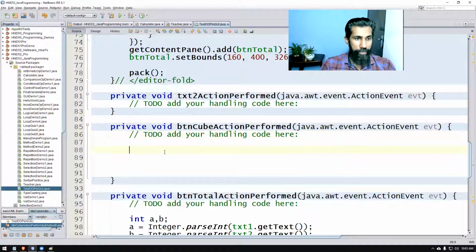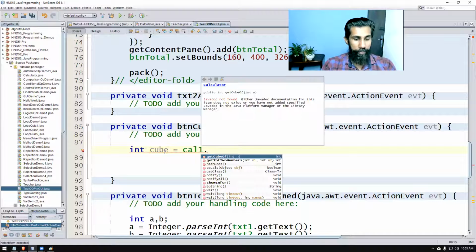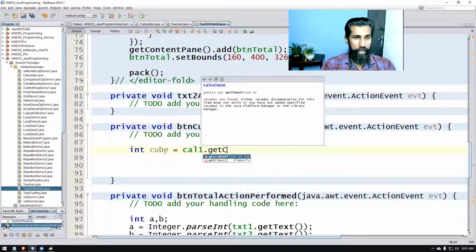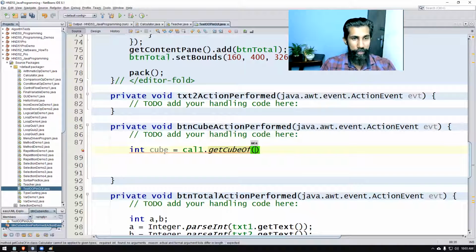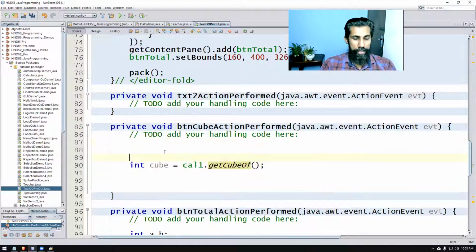So here you can use int cube is assigned the value cal1.getCube of, we have to give a number there. So we'll say int n is assigned the value txt1.getText.